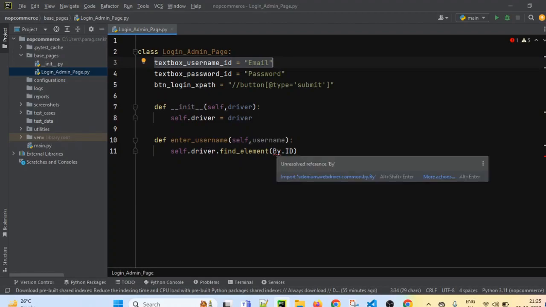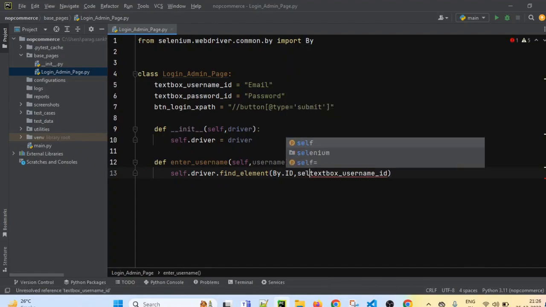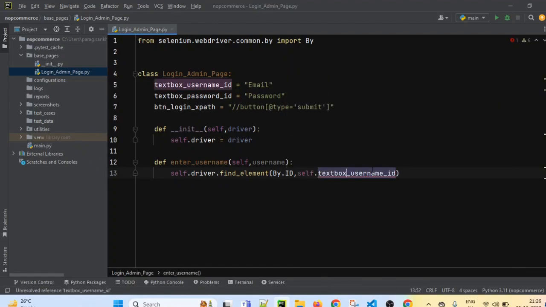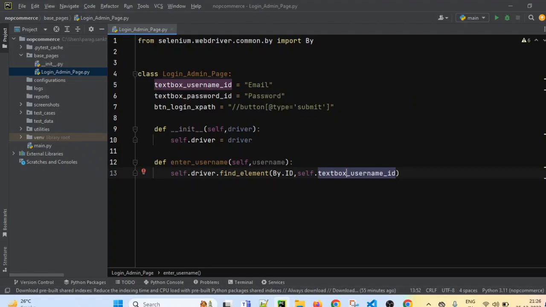By, so let's import this package. So By.ID, then we have to provide comma, and this is the value, so we have to use self.textbox_username_id. We haven't passed it, we have just identified that field.